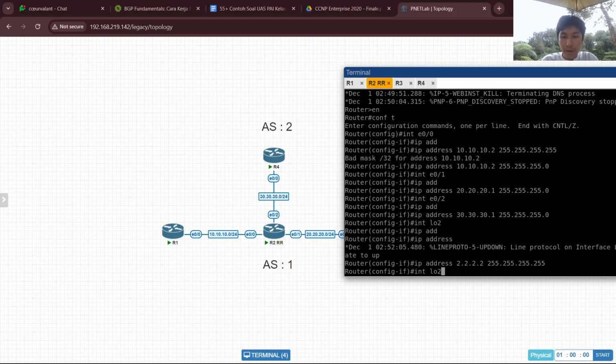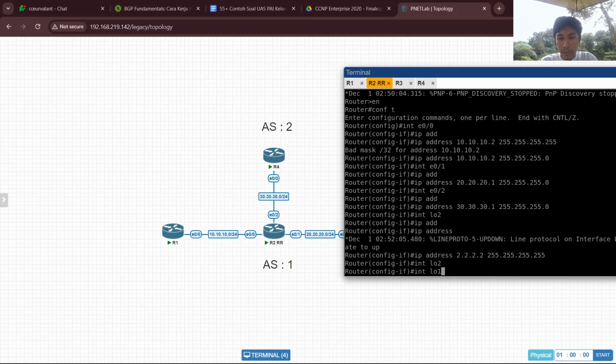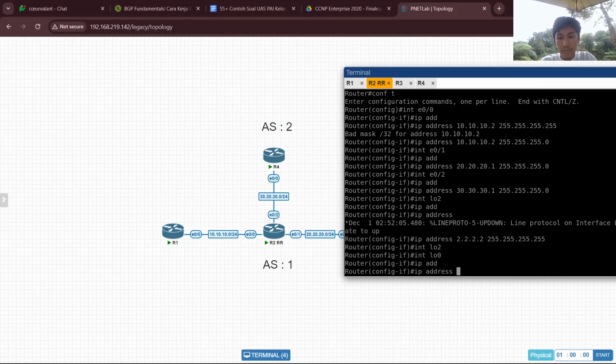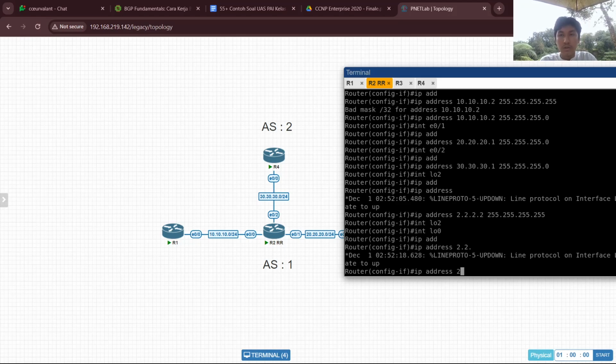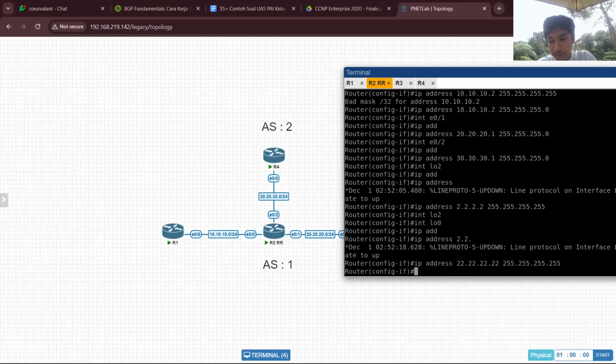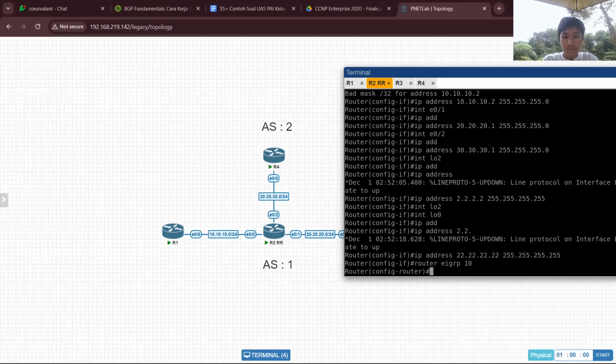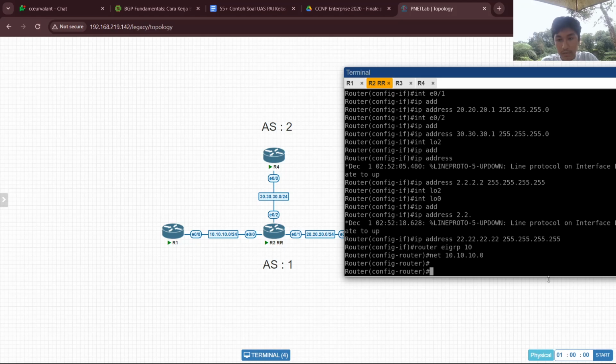We make loopback 0 to 2. And we configure the IGP to connect this router to the physical link, so we advertise the network that connects to router 1. Sorry.